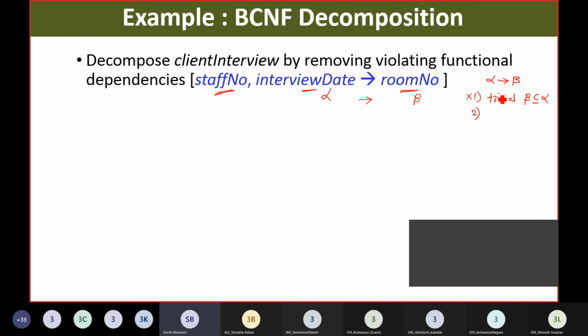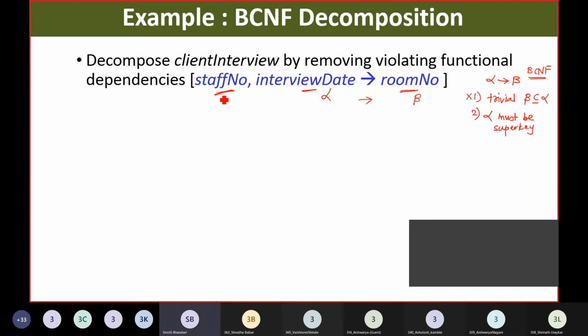Right? So let us check the second condition of BCNF. We are talking about BCNF conditions. So what is the second condition of BCNF? In case of dependency alpha to beta, if the first is not satisfied, the second must be satisfied. And if the second is satisfied, then only we will say that the relation is in BCNF. Otherwise, no. The second condition says that my determinant, that means my LHS, that means my alpha, must be the super key